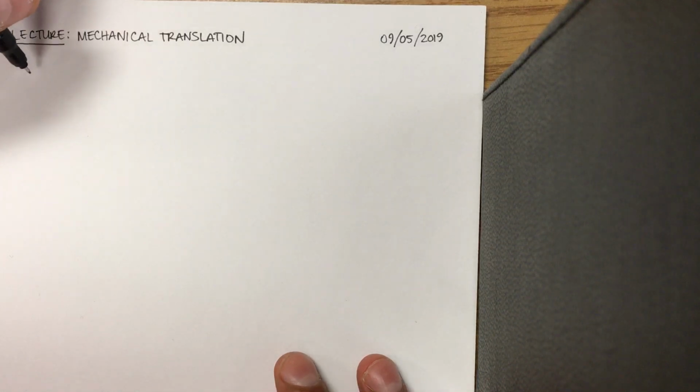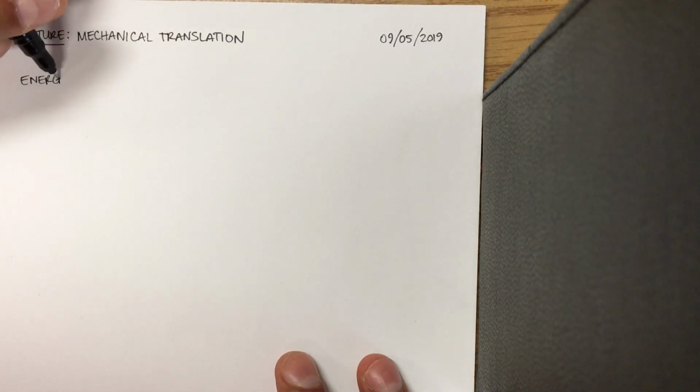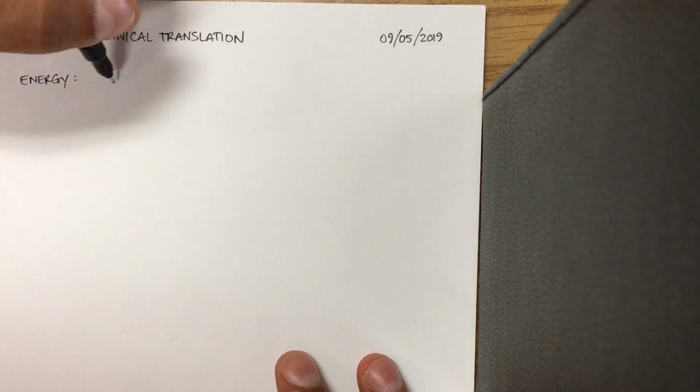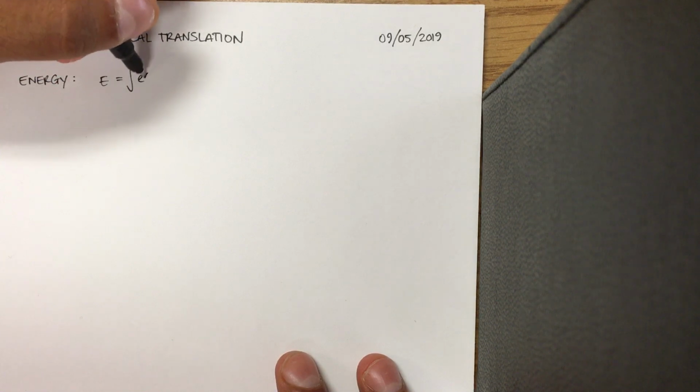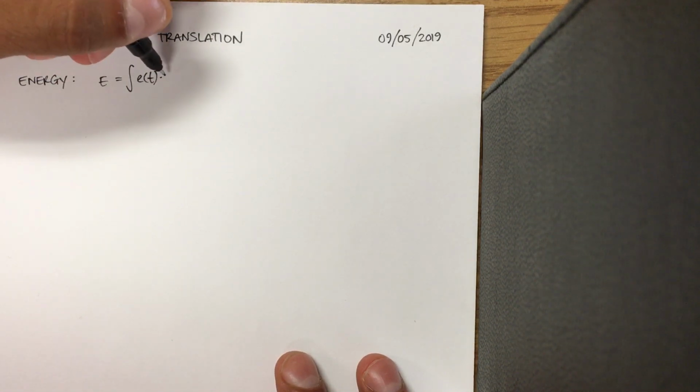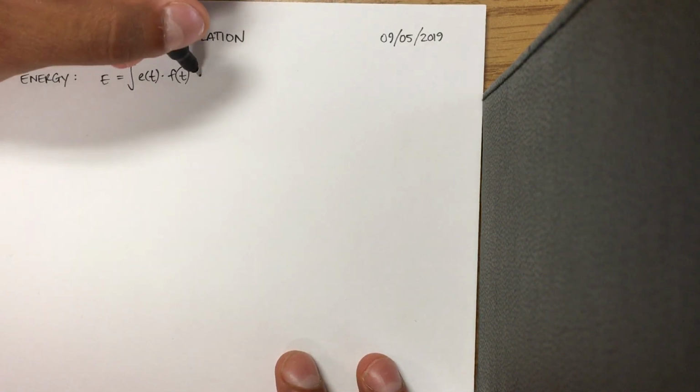Okay, so today's lecture is going to be about mechanical translation, and specifically we're going to be looking at some components in more detail and characterizing what flow and effort each one possesses. So if you recall from last class, we had energy to be defined as simply the integral of the effort times the flow with respect to time,